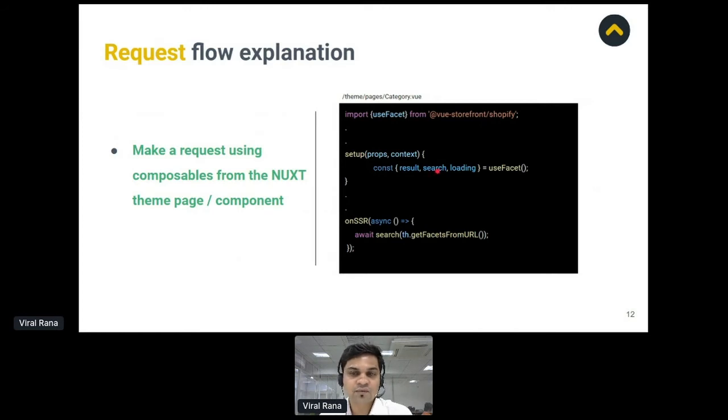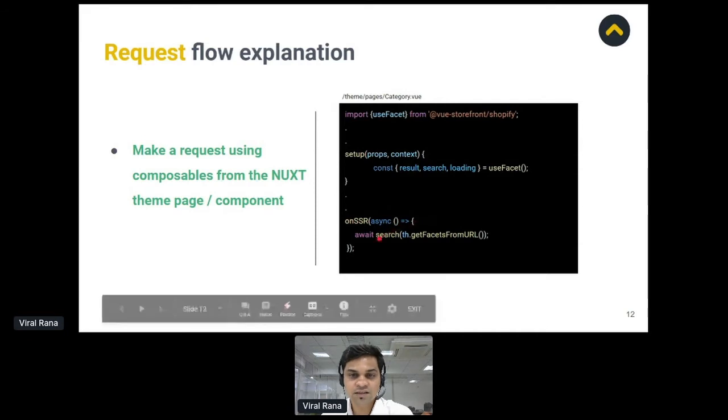Here, for example, we are extracting the search method, which is a factory method of the useFacet composable, and storing the data in the result constant. On SSR, we are initializing our first request, search, and passing some parameters as an argument to the composable.